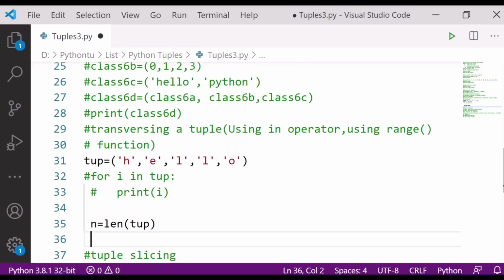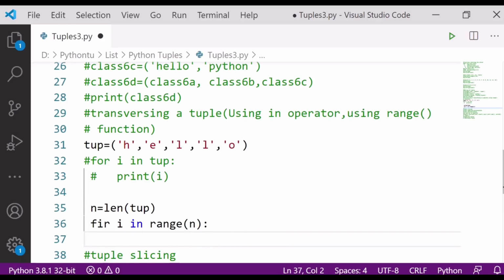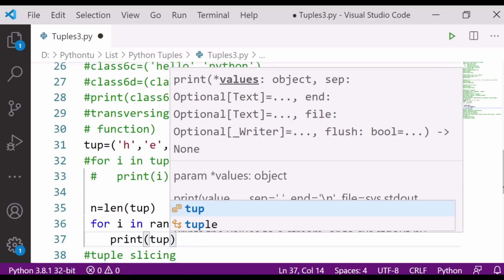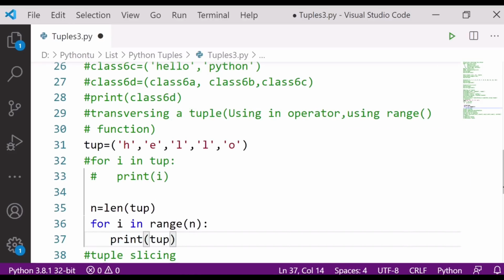After that, I will write for i in range n, and then print the tuple.